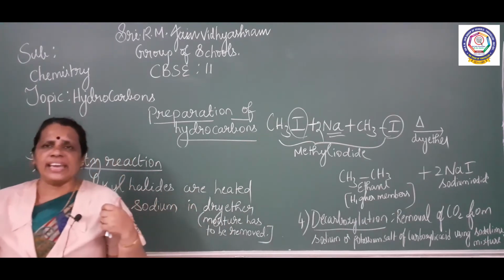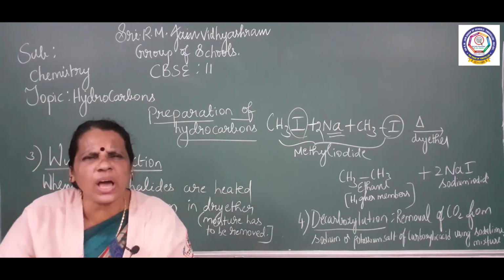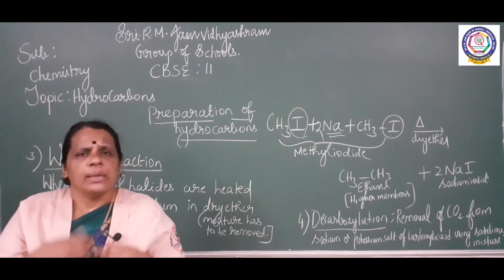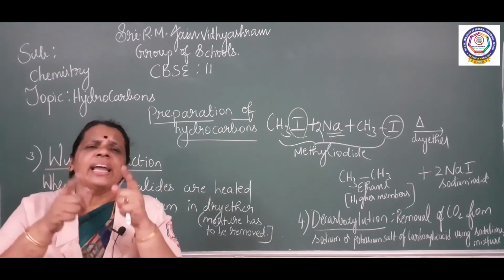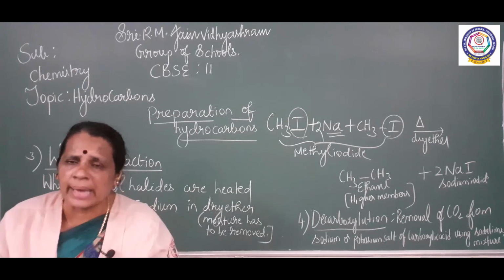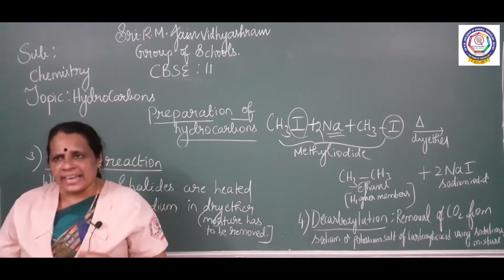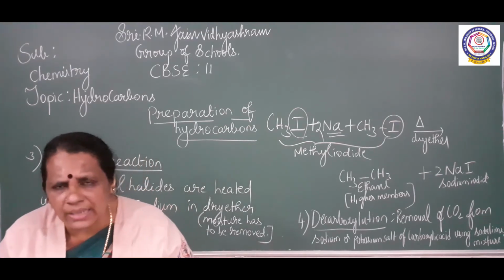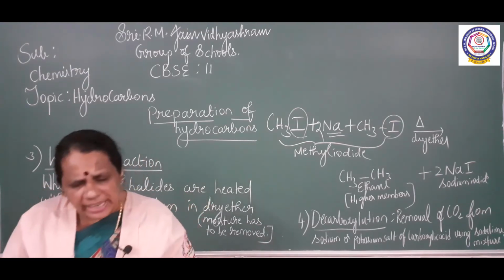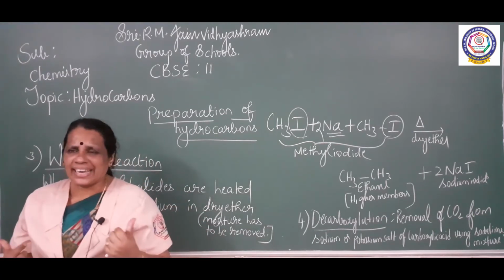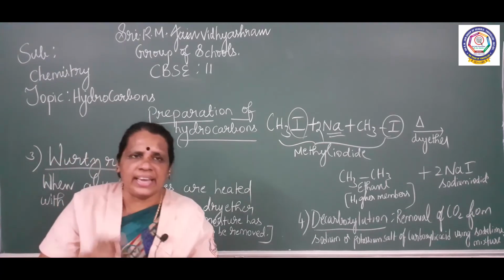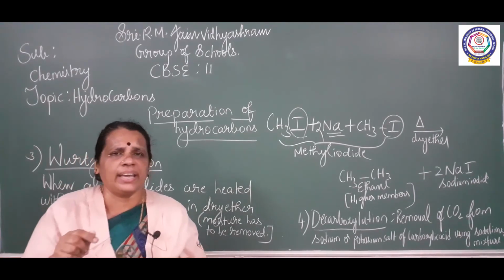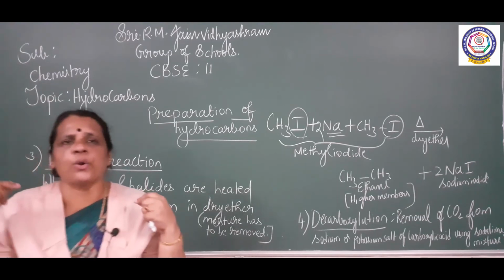What is the mixture we are taking here? Soda lime. What is soda lime? A mixture of sodium hydroxide and calcium oxide is known as soda lime mixture. So the next method is using soda lime mixture. We are going to remove carbon dioxide from the potassium or sodium salt of carboxylic acid, thereby converting the potassium salt or sodium salt into alkane. So you will be getting saturated hydrocarbons.